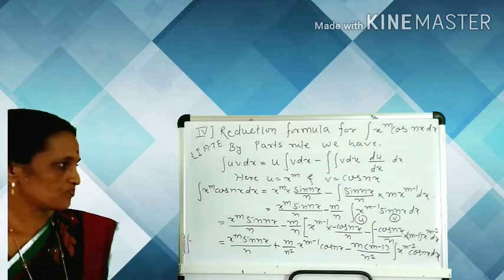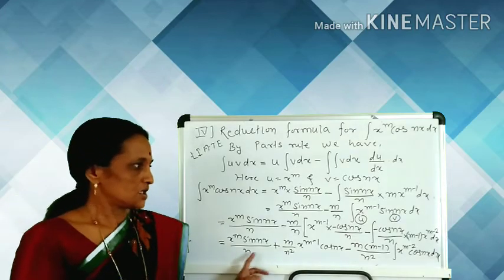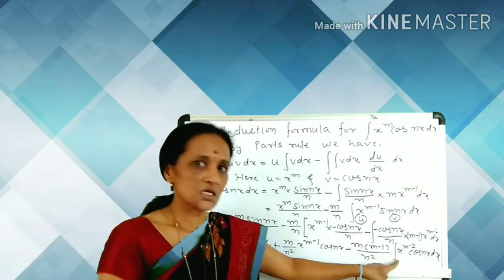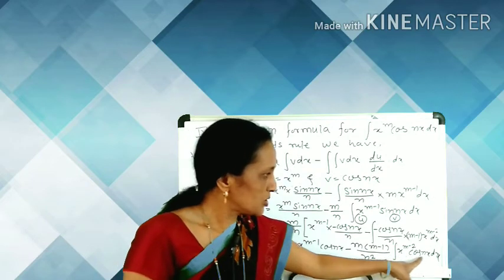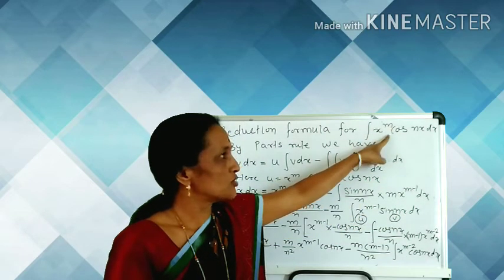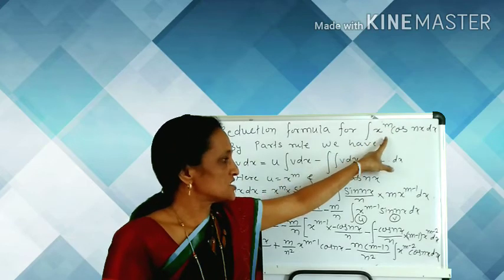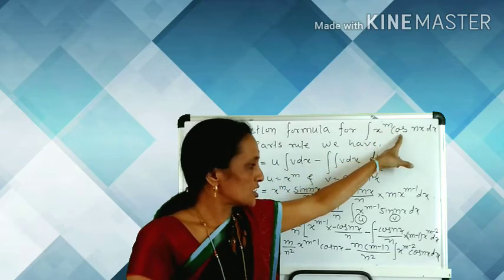Now see here, in this case the integral on the RHS consists of two functions, and those two functions are the same as in your given formula, means one algebraic and another the cosine trigonometric.